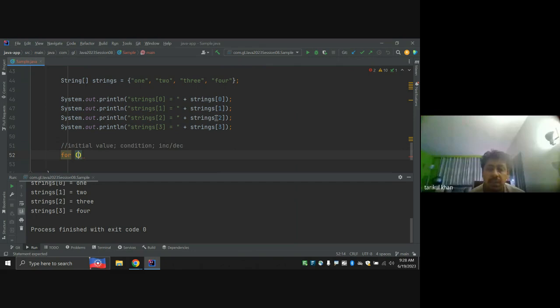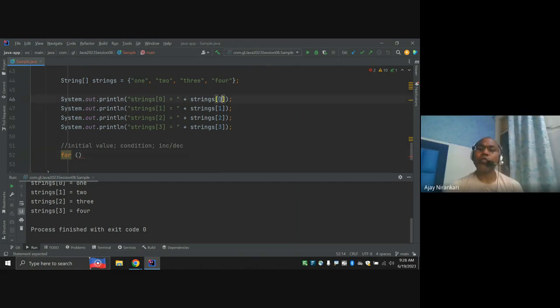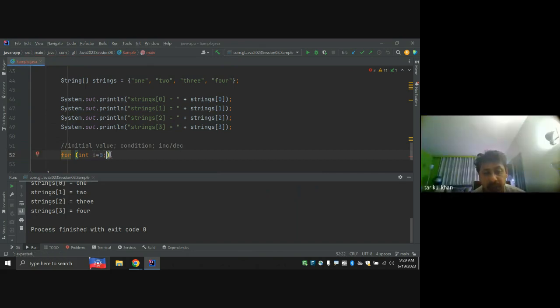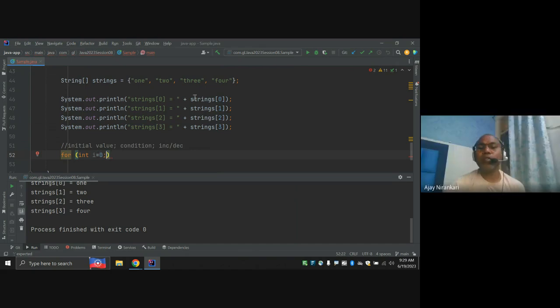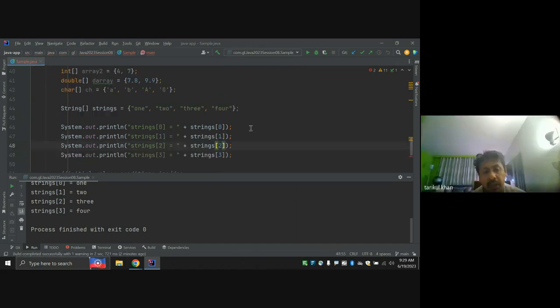Here I want to loop with the index changing 0, 1, 2, 3. The initial value would start at 0, and the last value should be 3. So here, say your initial value: let's say int index equal to 0. Sorry, integer, right? This 0, 1, 2 index is always an integer. Please note,